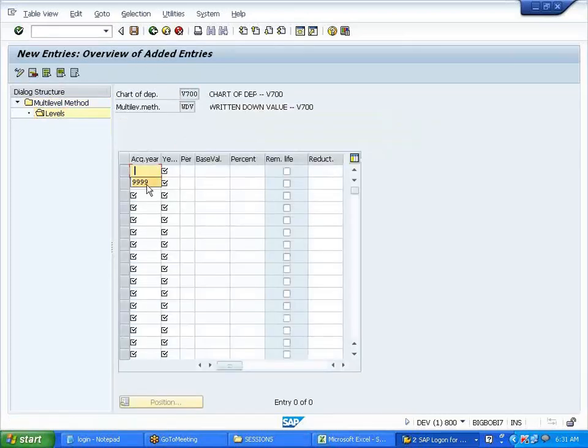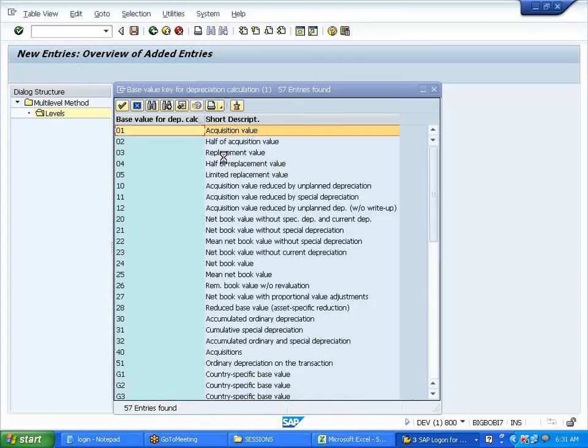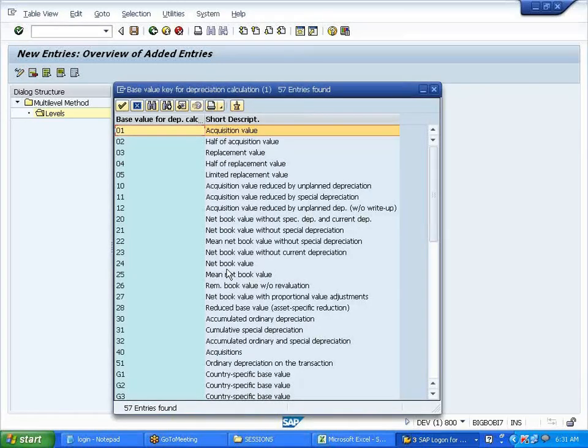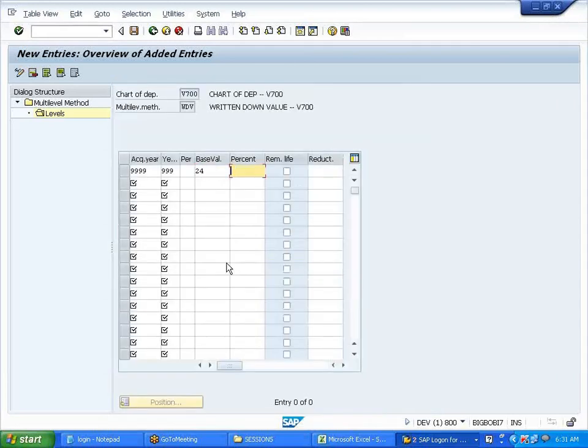New entry, same thing. Now I'm changing the percentage to 15%. Now this base value will be for what? Acquisition? No, net book value, right? I should take net book value. 15%. Save it. Back.